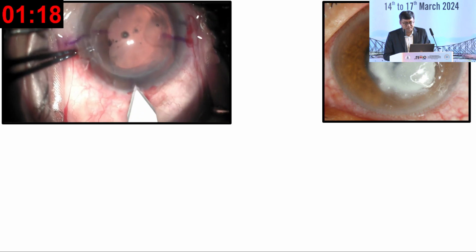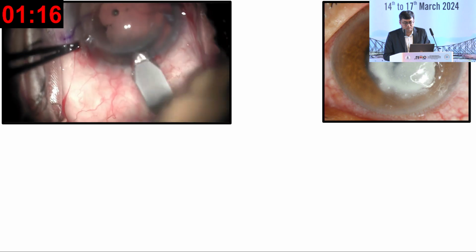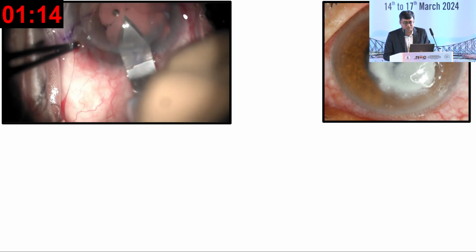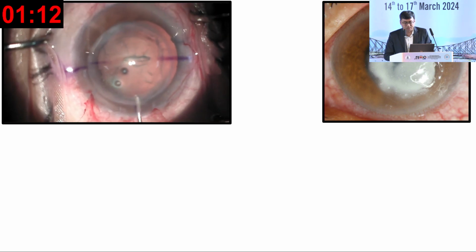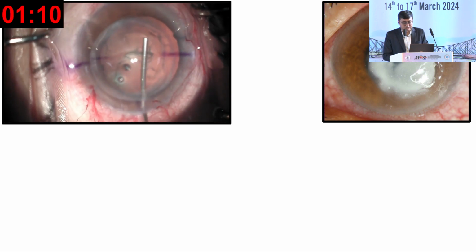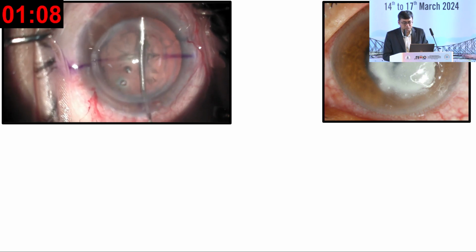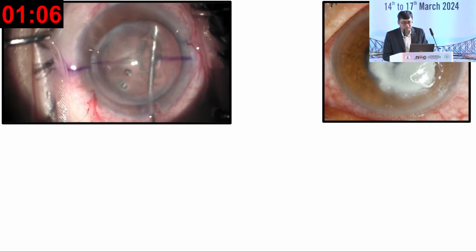So you are making the incision away from the graft-host junction. So this is sort of a compromise. It is a shorter tunnel. It is uniplanar, and obviously you are going to suture it in the end. Very gentle hydrodissection,